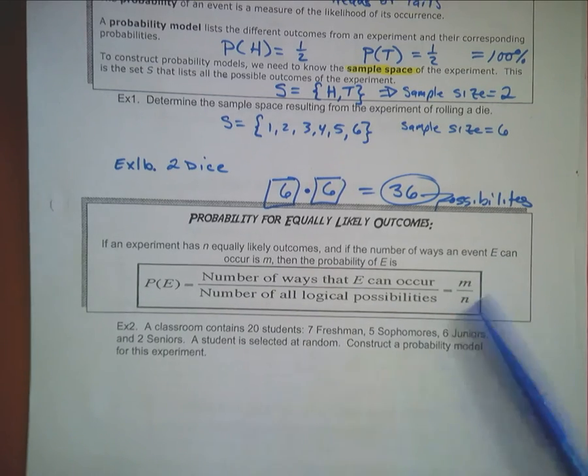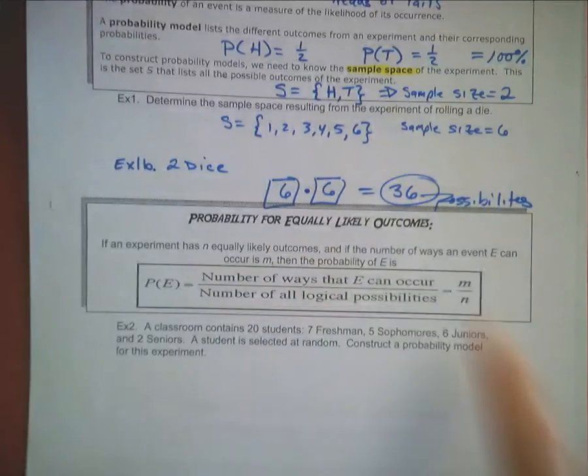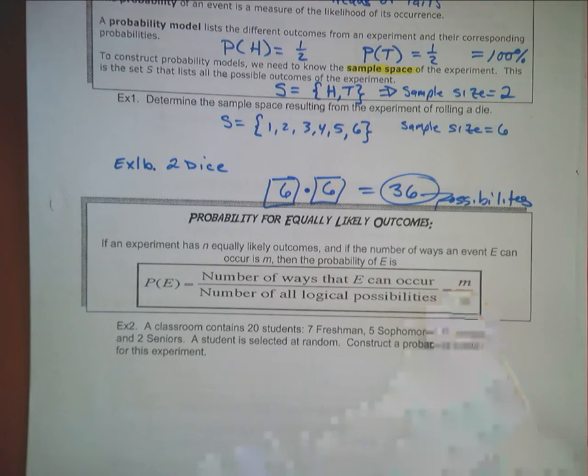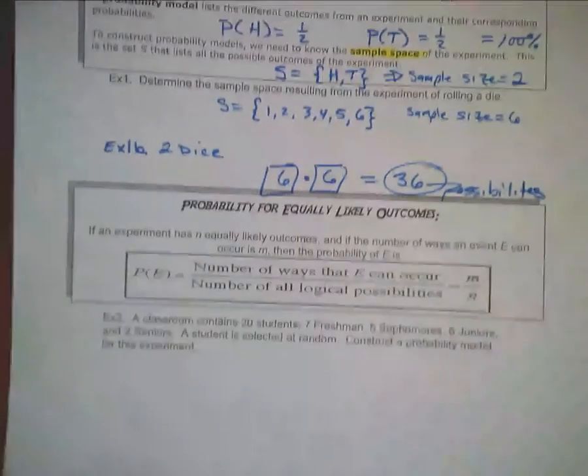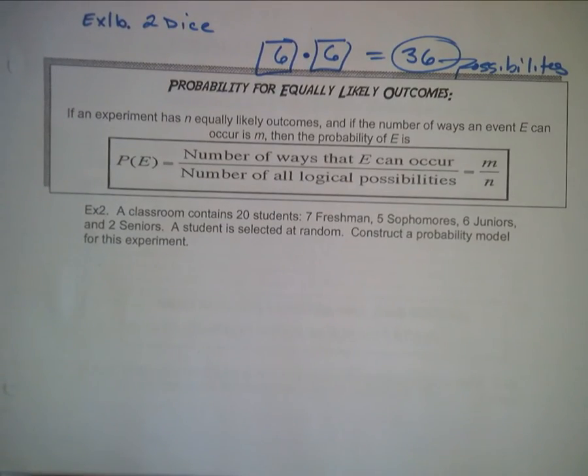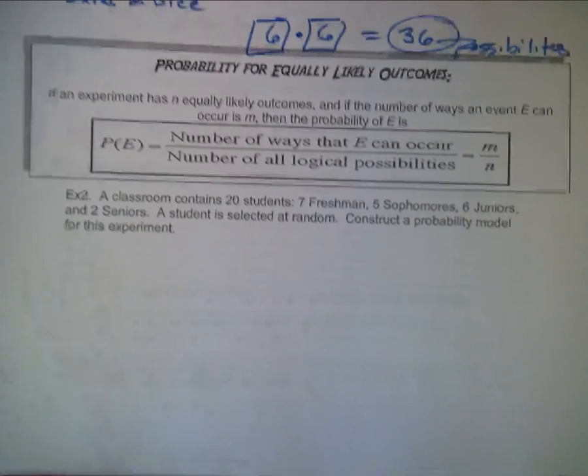Okay, of E is this. I have m over n. So if we look at heads, the probability of flipping and getting a heads would be 1 out of 2. There's one head out of 2 possibilities. Okay, that's the idea of that box. The probability of rolling a 1 on a normal die would be 1 out of 6